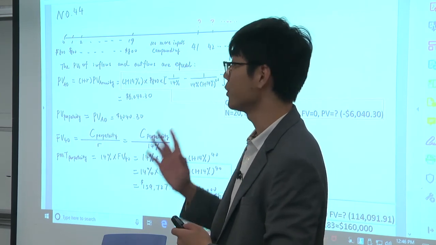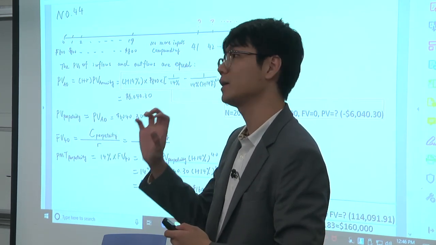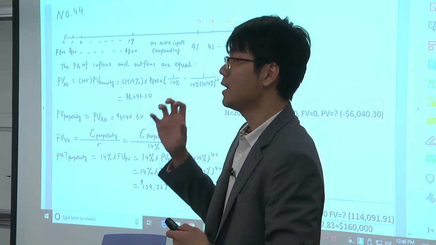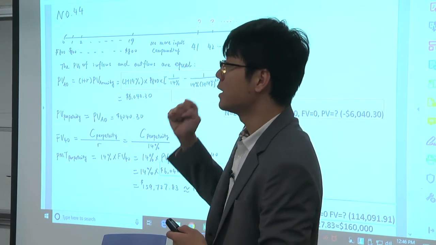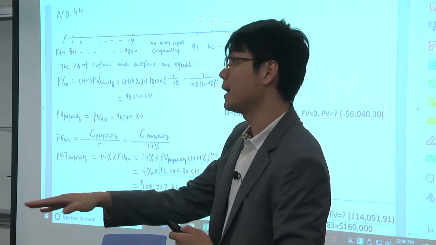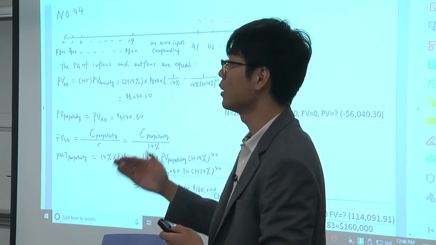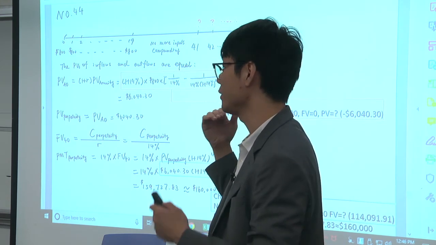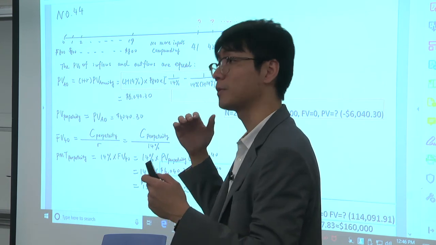Now you see, playing with the calculator here does not help you resolve this question. It helps you to get to the result, but you need to think about this question. The key to this question is the present value of your paying should be the present value of your receiving later. Everything should be equal. I'm talking about present value.